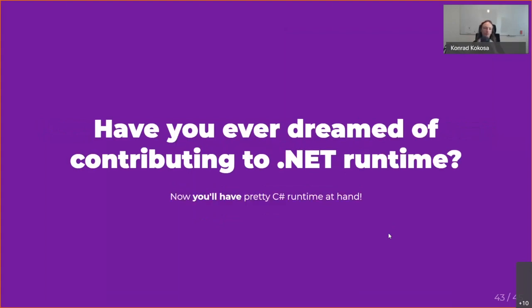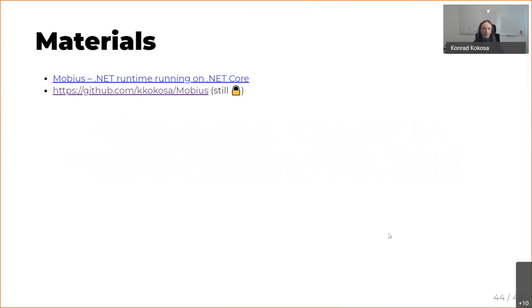So if you have a C# based runtime at hand, you can easily add something, experiment, try to modify something, analyze the results, and contribute. Obviously, no one will use it, at least in production, so you will not be afraid of destroying anyone's business, because it is only for research and experiments. So I have my fingers crossed all the time to make it work and publicly available on GitHub.